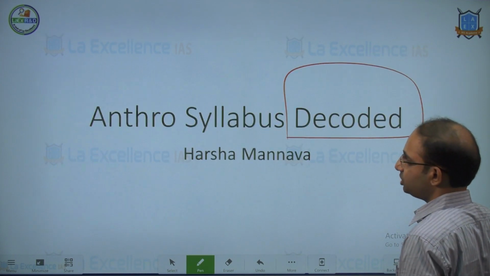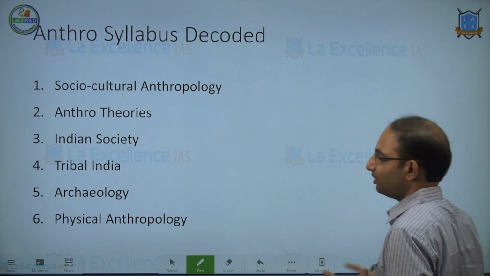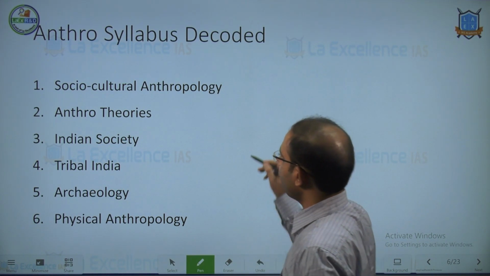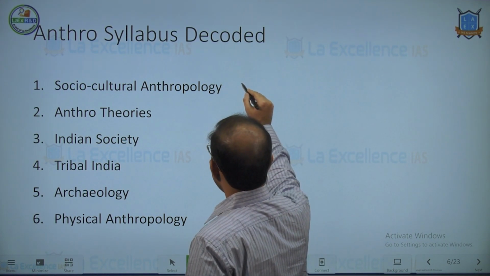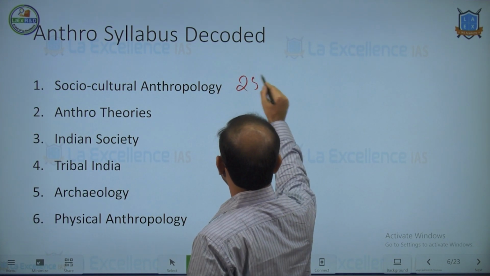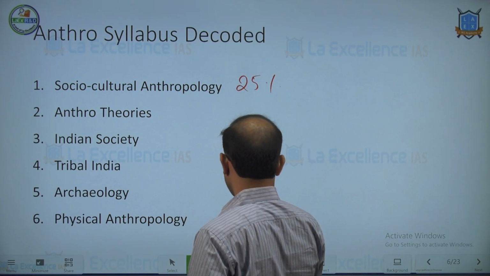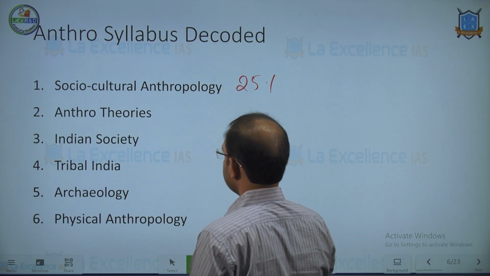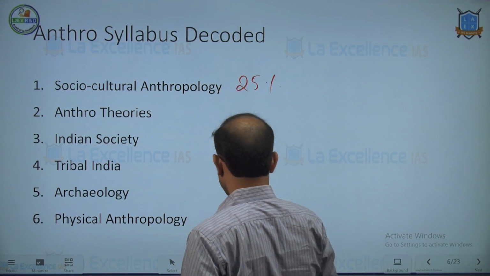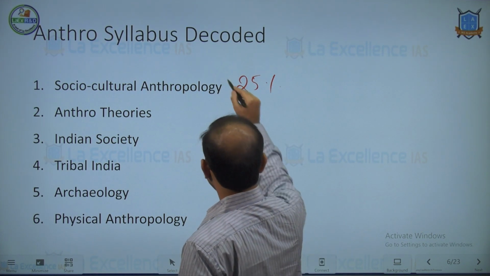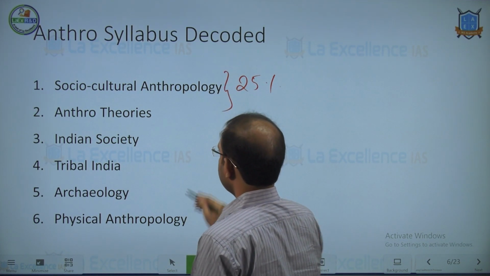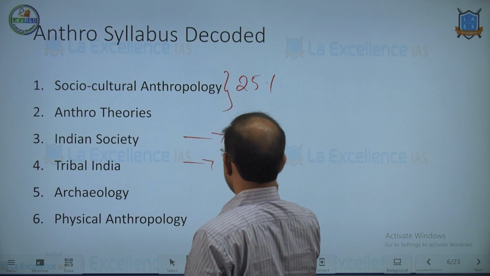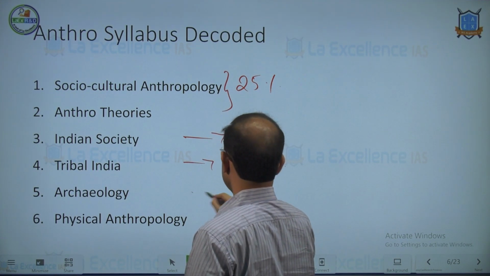So this essentially simplifies the whole syllabus that many students find daunting into a very simple structure. And in terms of examination weightage, sociocultural anthropology forms about 25% of the paper of weightage. Physical anthropology is another 25%. Indian society is another 20%. Tribal India is another 20%, and